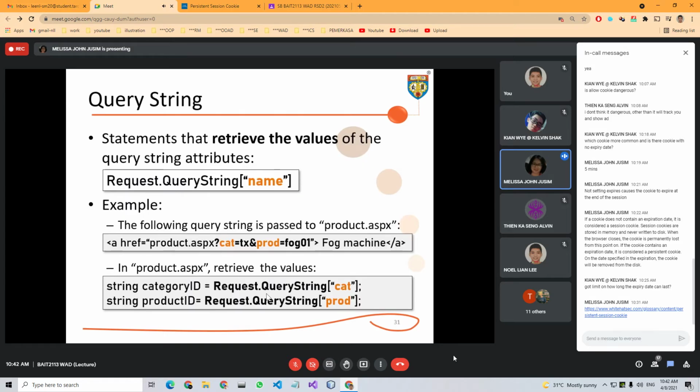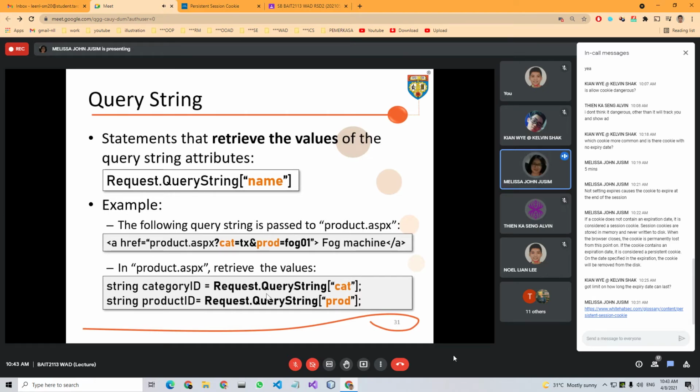Now, if you can pass info, you need to read the value that has been passed. To do that, we use Request.QueryString and mention the name of the particular name value pair.